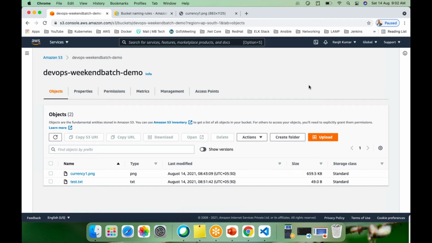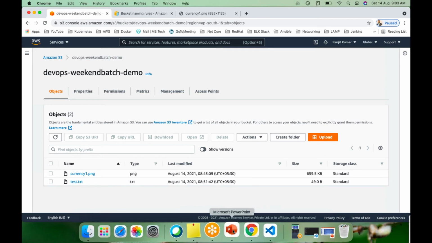Guys, I think this question is not coming to your mind, but let me tell you. When we are uploading, what is the maximum size of file you can upload into a bucket? Based on bucket size? No, I just told you, right? What is the maximum size you can upload? 5 TB? 5 GB? No, 5 TB. So 5 terabytes, think about that. You can upload files of 5 terabytes into the bucket.